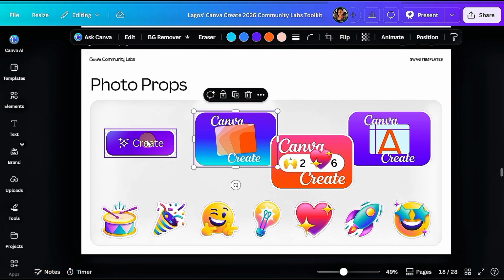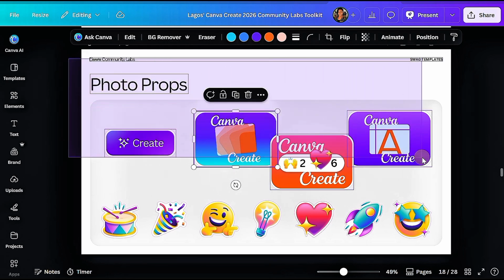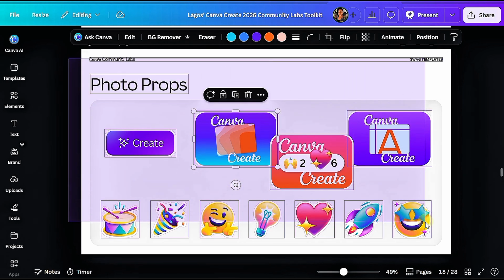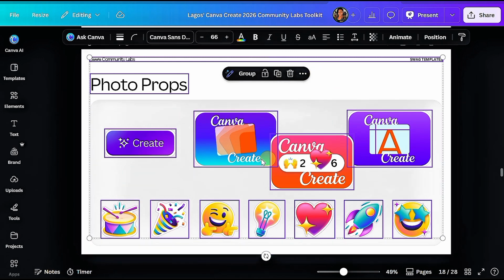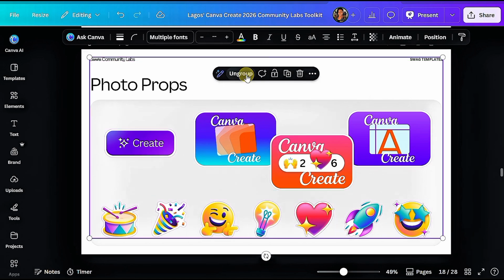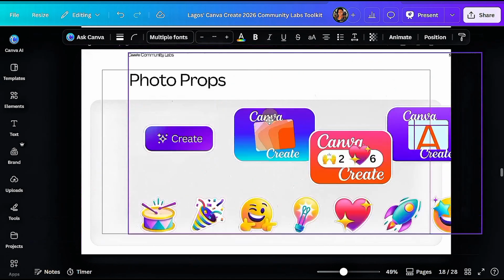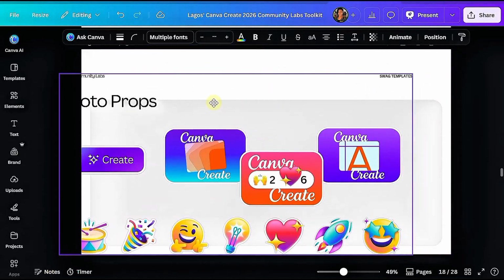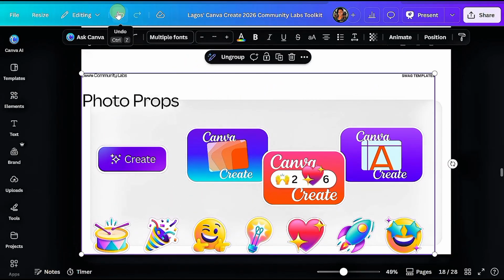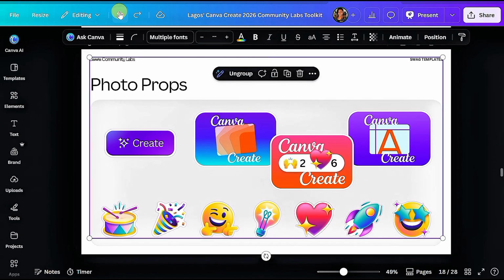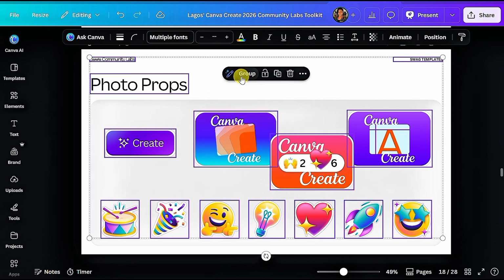If I want to group elements or items, if I want to group everything, I can just put my mouse here and highlight everything on the page. You can see that we have everything selected, and now we'll have the option to group. If we click on group, it groups everything, and if we move it, it will move as one element together. So I'm going to undo this to position it correctly, and let me ungroup and show you another way to